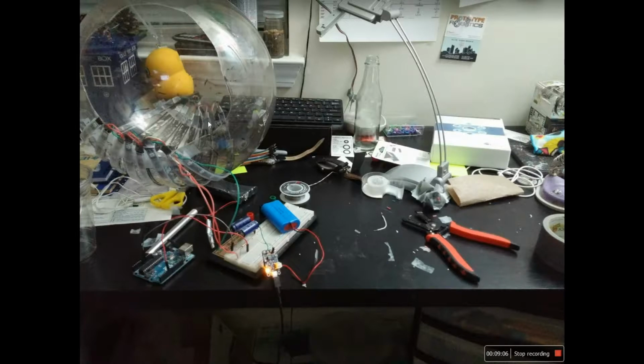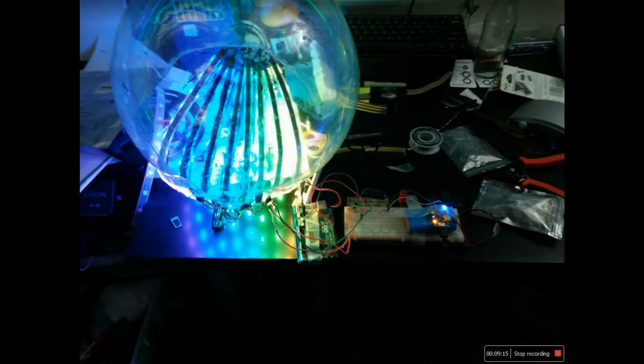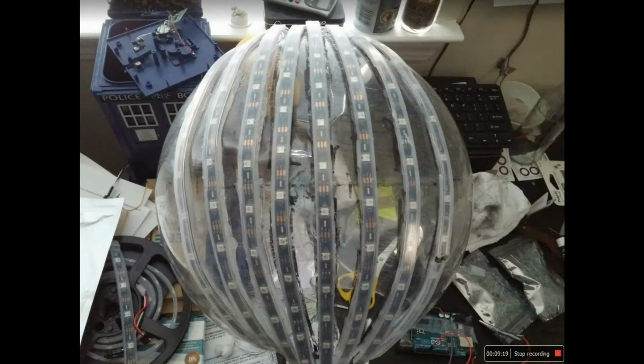I mean, it actually did stick quite okay. There's a bigger problem that arose. Oh yeah, this is what the lights look like again. But okay, here's the bigger problem that arose. I used hot glue to attach this, so I would get rid of all that unnecessary tape that's all around it. But